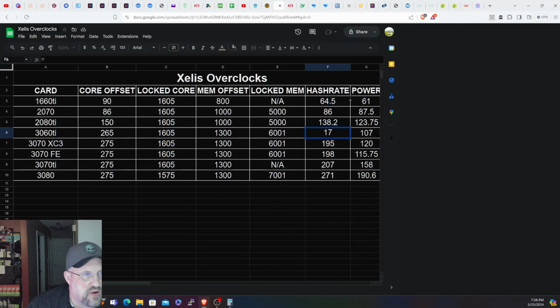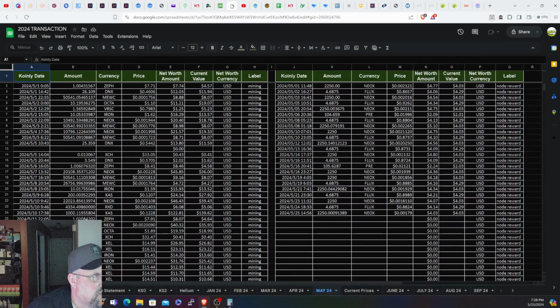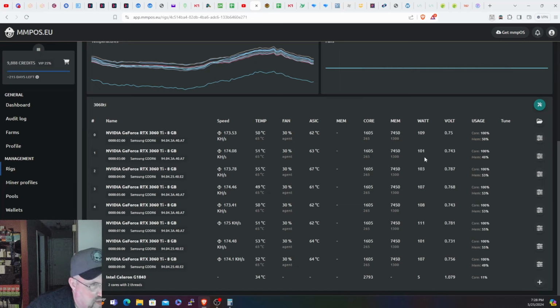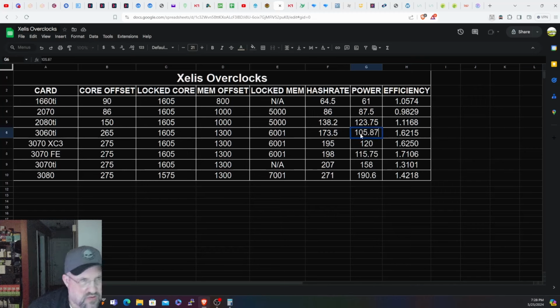Wow. Get out of there. And then power usage. I did it again. We'll go through and do this again. Let's see. 109 plus 101. I done screwed that up. 105.87. So 163.88. But for the most part, you can see they're all pretty much right around what I had them at. So 1.6,